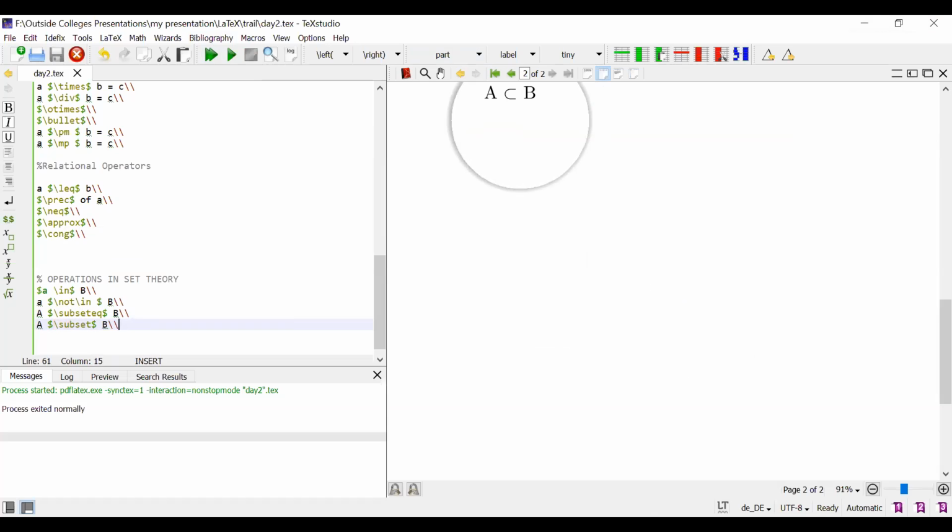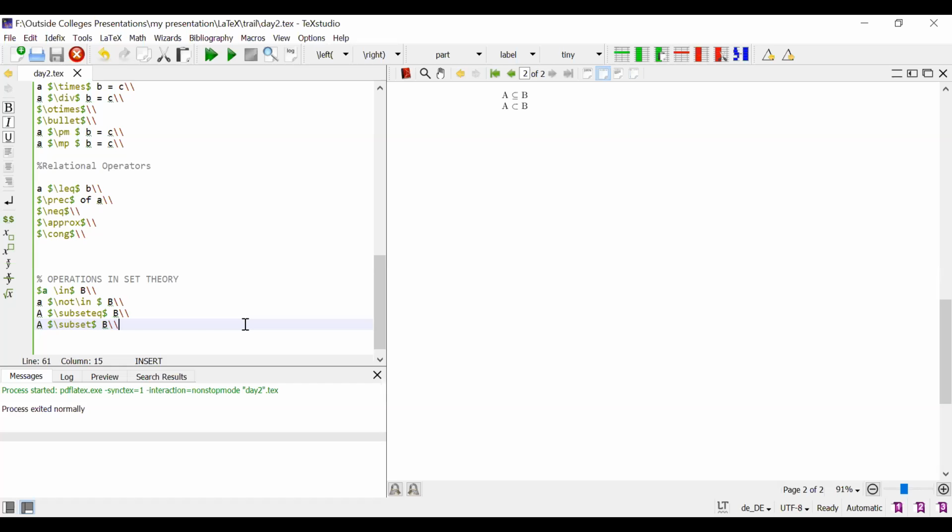This is A is a subset of B, that is a proper subset. A doesn't involve any one of the elements of B. Okay, this is the proper subset.